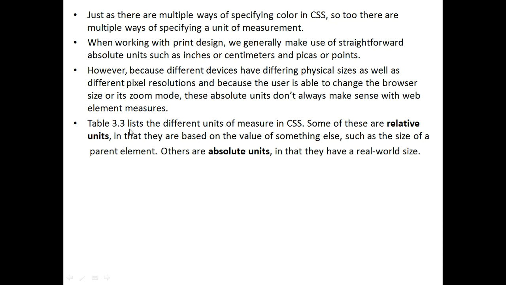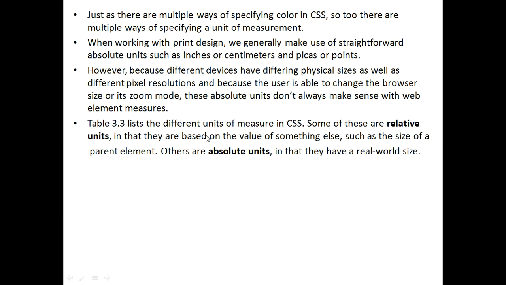So table 3.3 lists the different units of measure in CSS. Some of these are relative units, in that they are based on the values of something else, such as the size of the parent element. Others are absolute units, in that they have a real world size. What do you mean by relative?